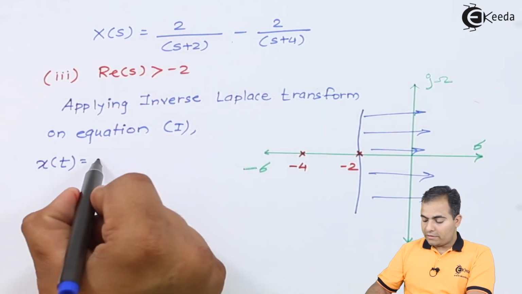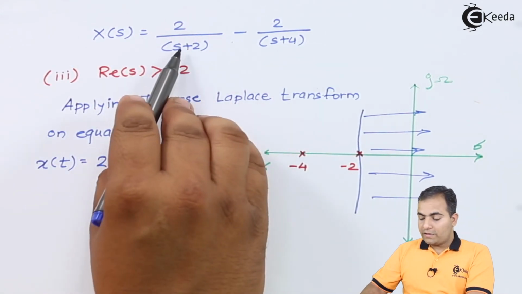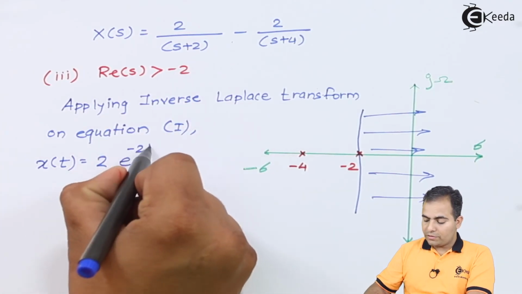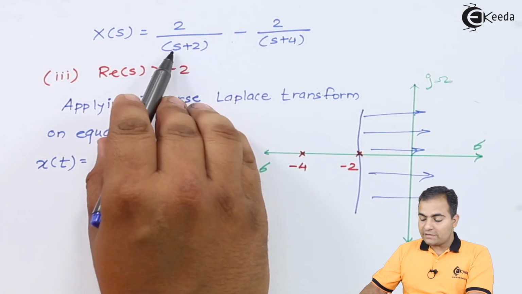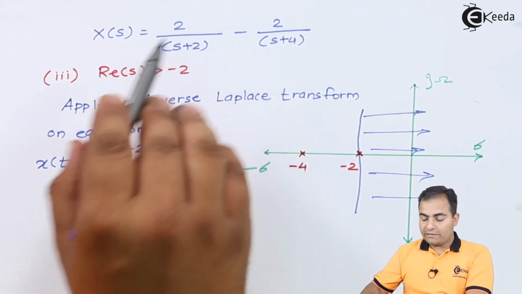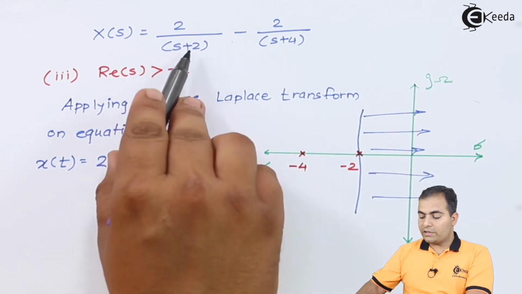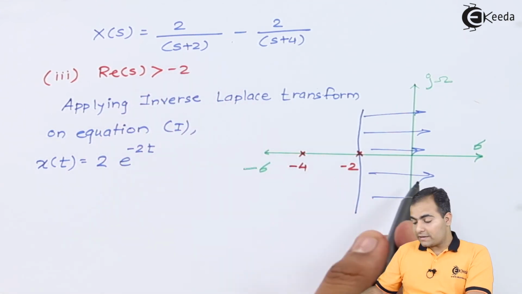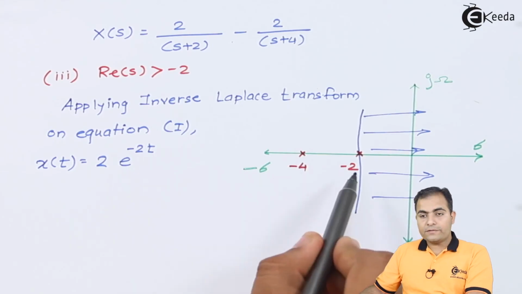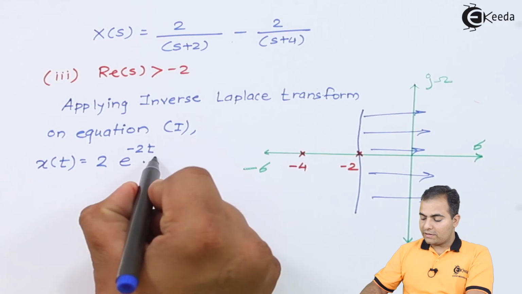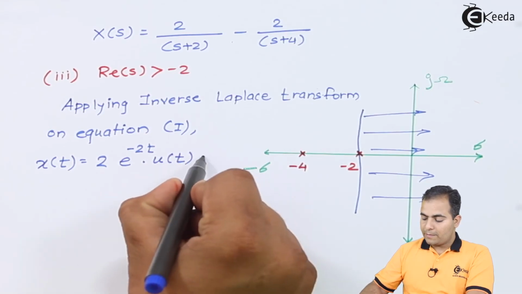This 2 I'll write down as it is. Now for s plus 2, which gives us e to the power -2t, as I told you, as the s is delayed by 2 or shifted by 2, we multiply the opposite sign value with the t. So the opposite value is -2, and as the ROC is right-handed sided, all the poles will follow the same ROC. So here I'm going to write 1 by s as u of t, minus,